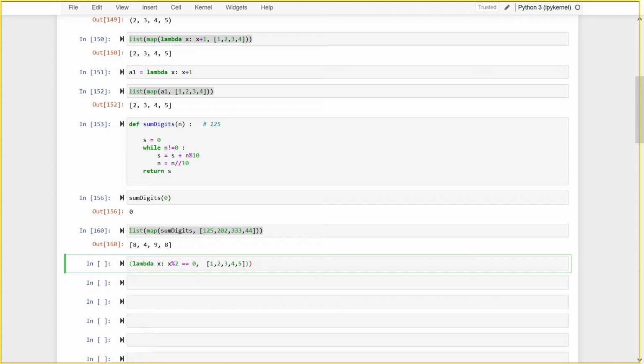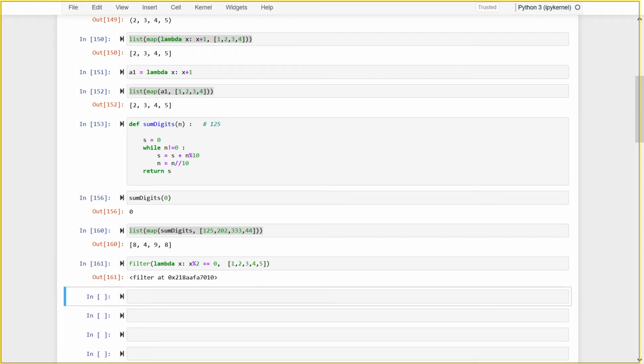Listen, what will this filter do? It is very interesting. It has created an iterator. Convert this into a list to see what it has done: 2 and 4. It takes every element and operates on it, and whichever element evaluates to true, that element will be stored.